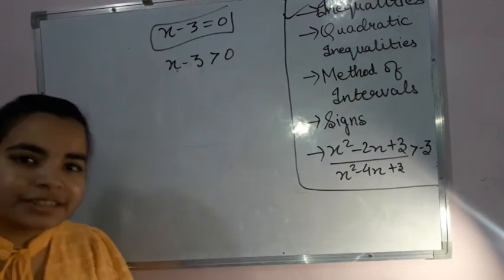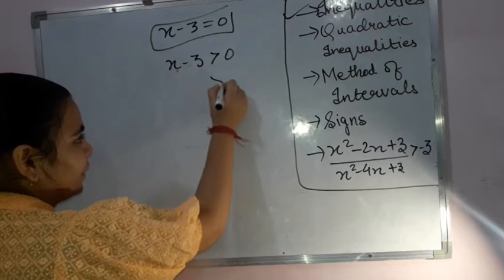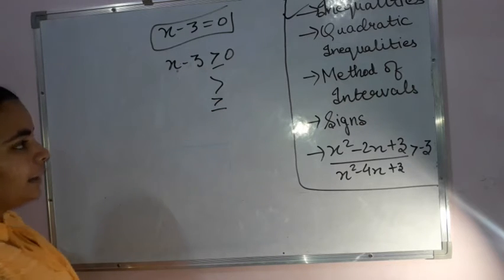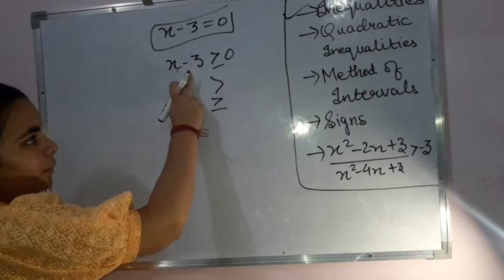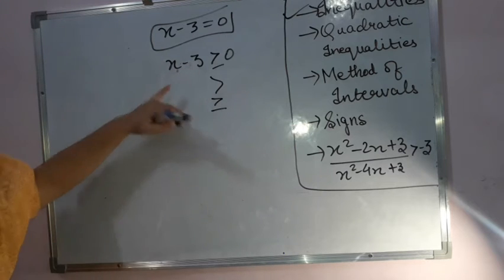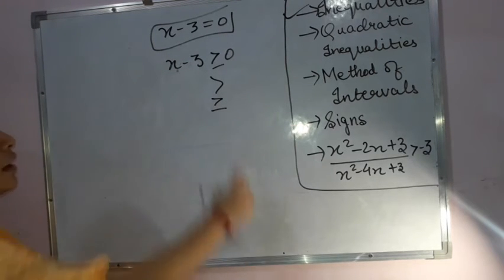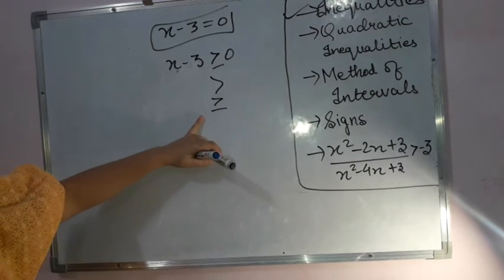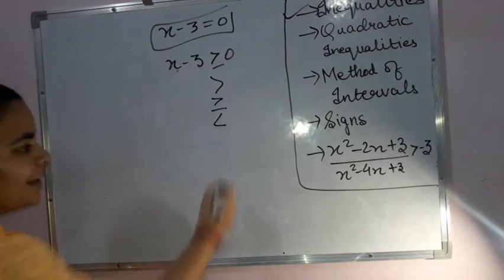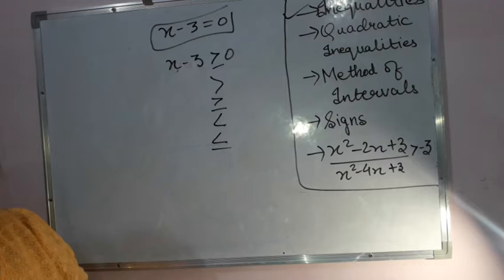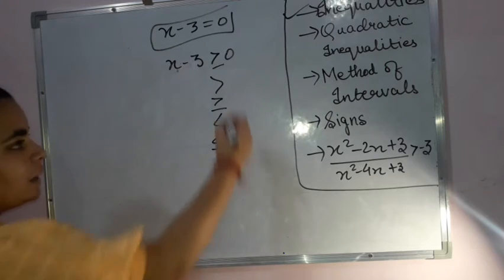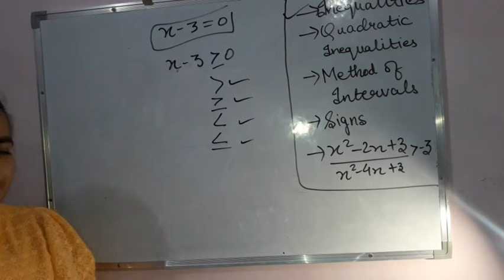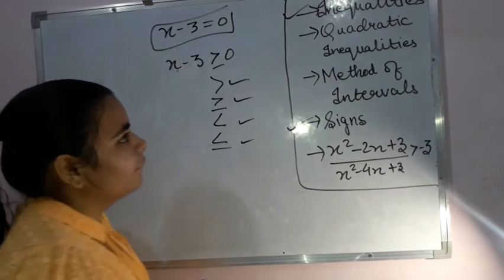Now after this, what are the signs that I am going to use? I can use my greater than sign as was mentioned here. I can even use the greater than or equal to sign. That means the left hand side of this equation can be greater than or even equal to 0. Right? So this is greater than or equal to 0. It could be less than, or it could be less than or equal to 0. So these are the 4 signs that we are going to use while we deal with inequalities.